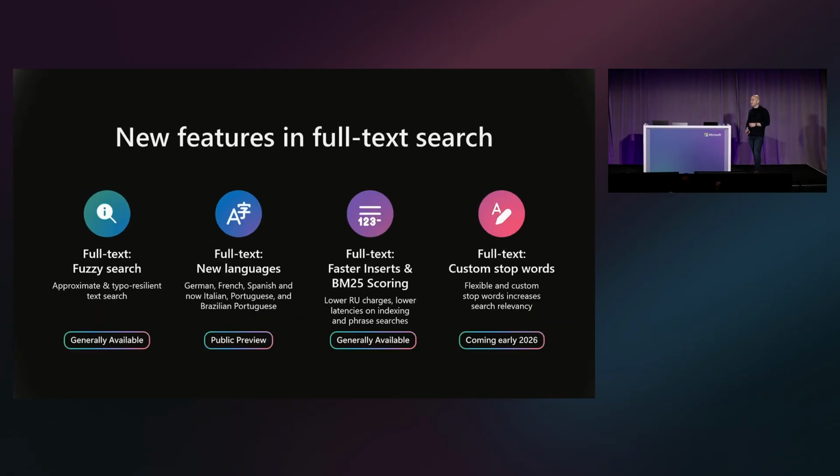For full text search, we have several new features as well, starting with we're bringing fuzzy search from public preview to general availability, allowing you to have typo-resistant searches in your text data. We're also enabling new languages for the full text index, including Italian, Portuguese, and Brazilian Portuguese that add to our support for German, French, and Spanish, and more languages to come over the next few